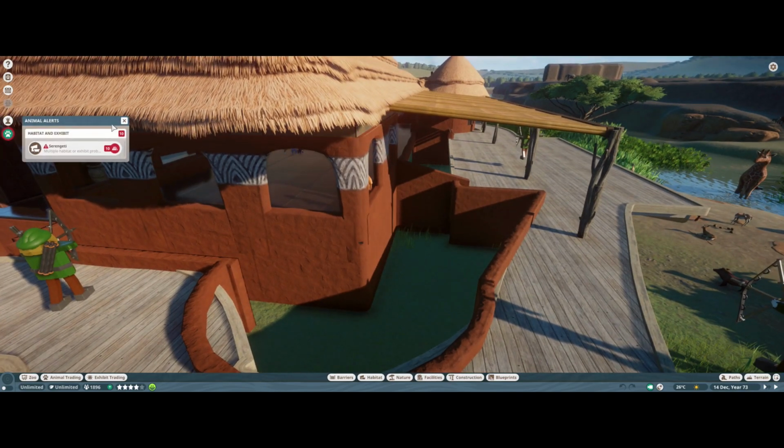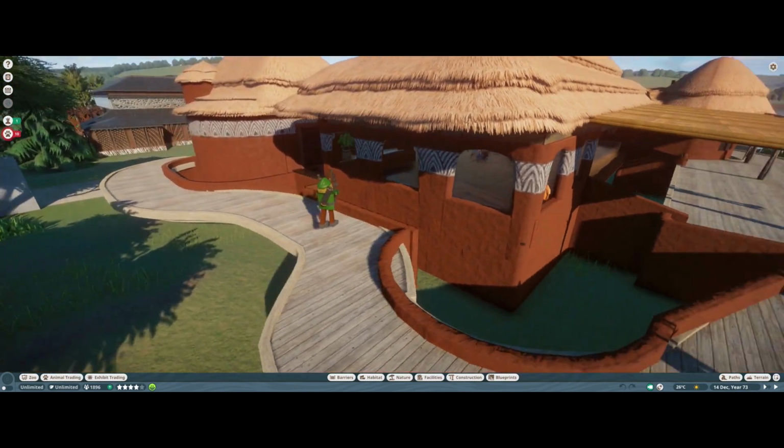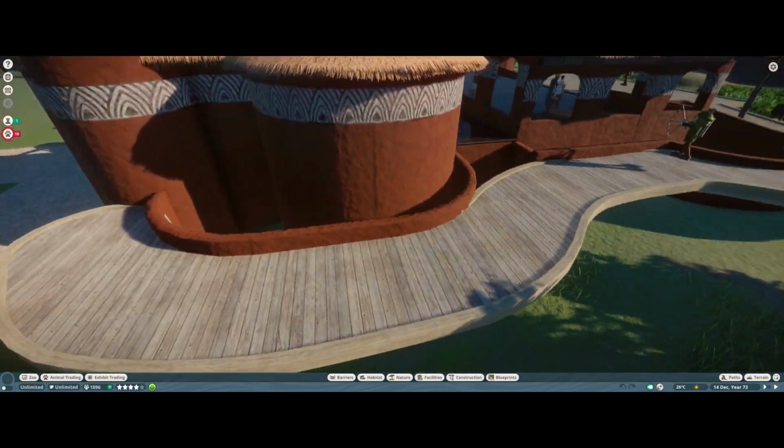Oh, important alerts. Let's just close that out. Probably all the animals escaping, because I still haven't fixed the wall. But anyway,